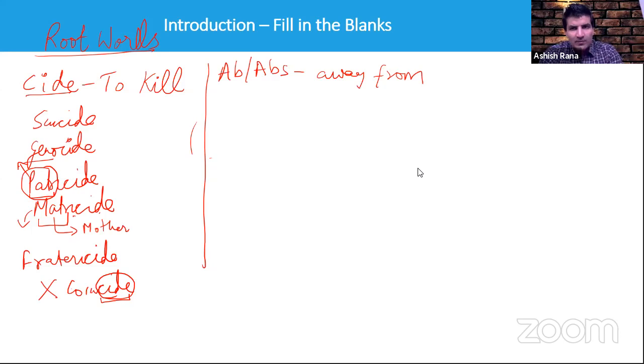Abstract. Absence, absence is very good. Yes, that's correct. Allow, no. AB and ABS. So A double L, I'm not saying. I'm saying abnormal. Excellent. Abnormal, away from normal. Absolute is not correct. Attendance is not correct. Abuse is not correct. It has to start with AB, and somewhere it has to do with something away from. Abide is not correct. Abide means you're following the rules, so how can it be away from?